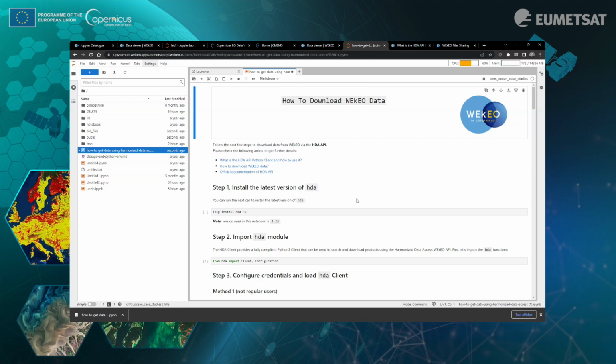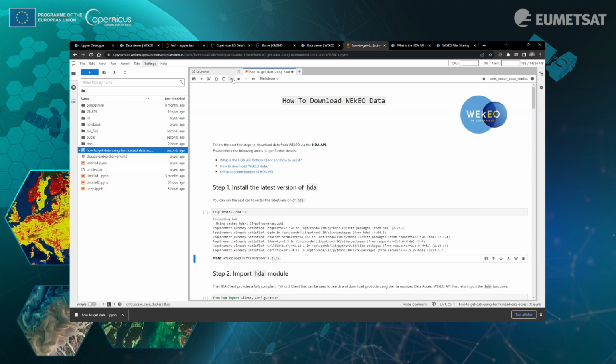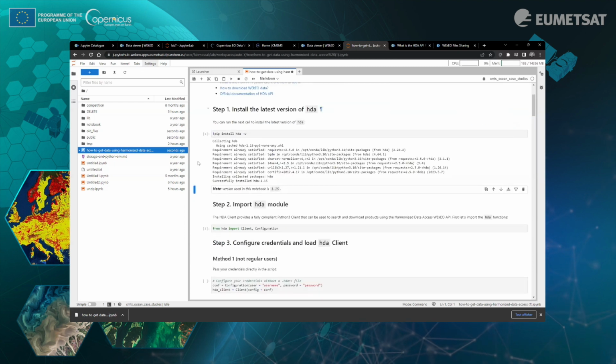So now I just launch the different cells. It's a very simple Jupyter Notebook. You just have to run the Jupyter Notebook with the play button here, and it will launch each cell. So perfect. When there is a star, it means that the program is running, and when there is a number, the cell is done.